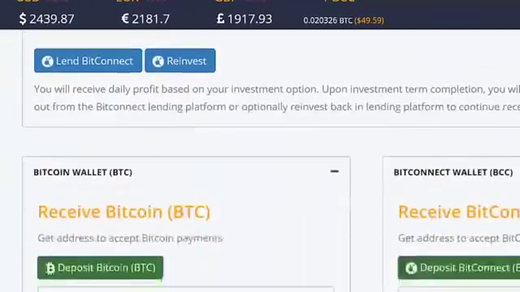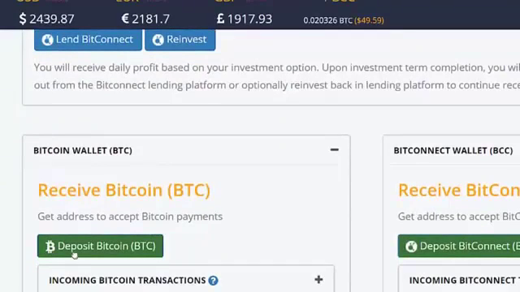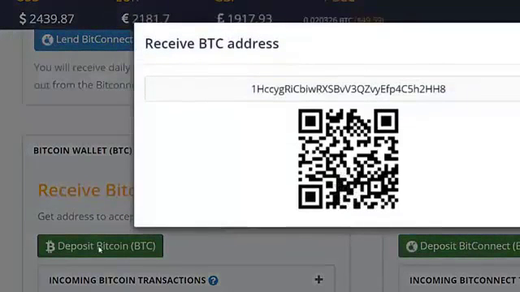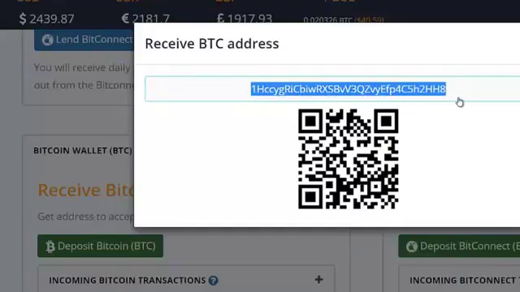Now we're going to scroll down and click where it says deposit BTC. That stands for deposit Bitcoin. We're going to left click here, and now this is going to give us a deposit address. You can also do this with your phone. I've never done the whole QR code thing. What I always do is simply grab this right here, copy it, and run over to a Bitcoin wallet, and I'm going to send